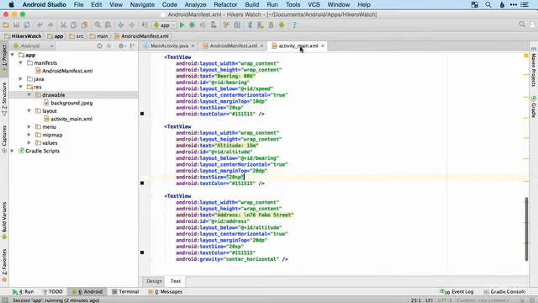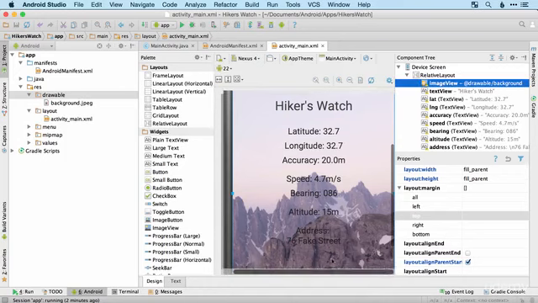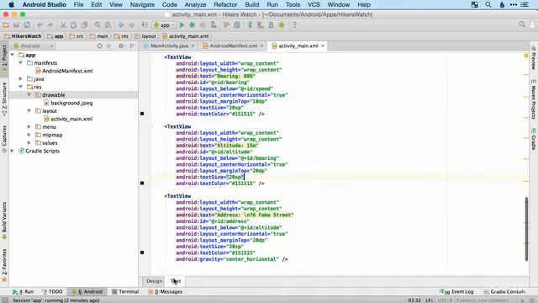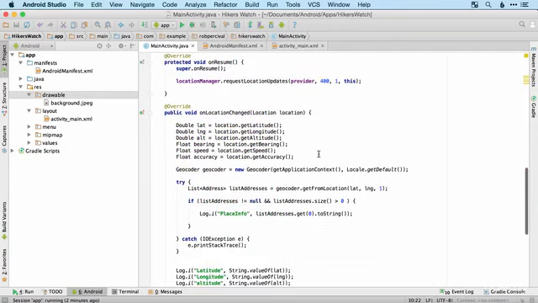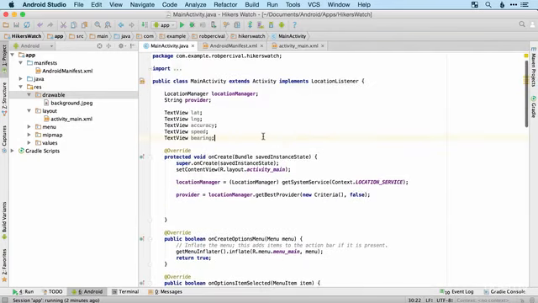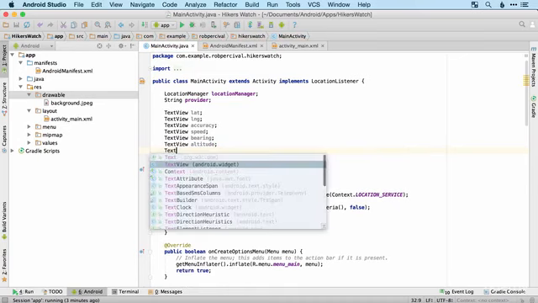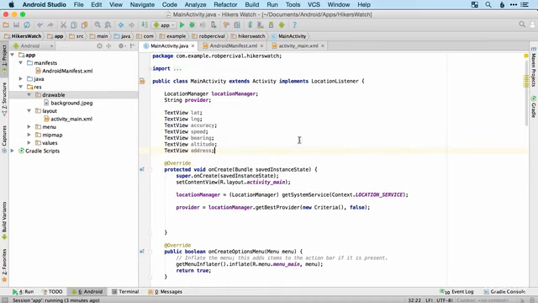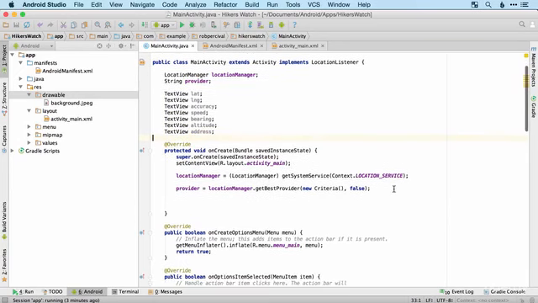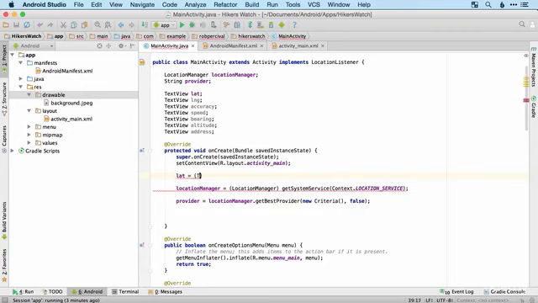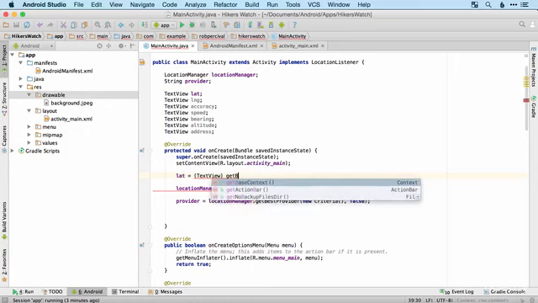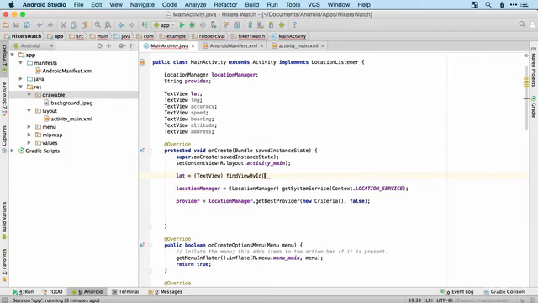Let's have a quick look. Great. Okay. Where were we? Text view altitude. And then address. Okay, and then in onCreate we'll add all of those. So lat is going to be a text view, and we're going to get it. Whoops, we're going to find it by its ID,